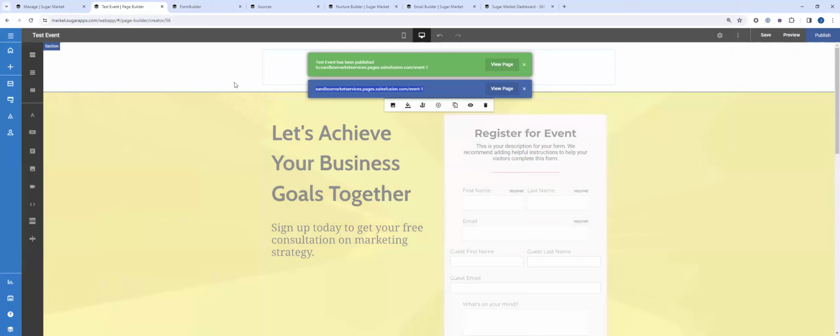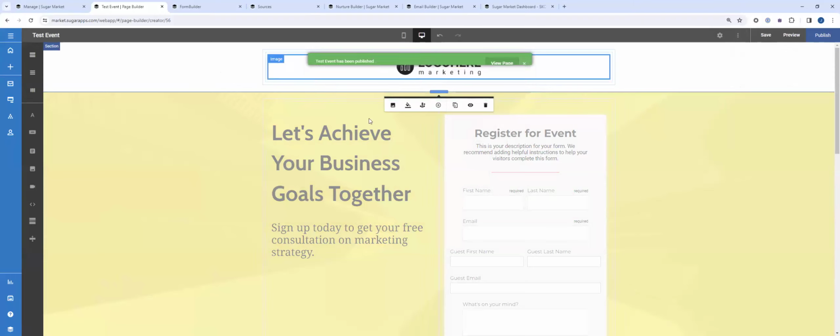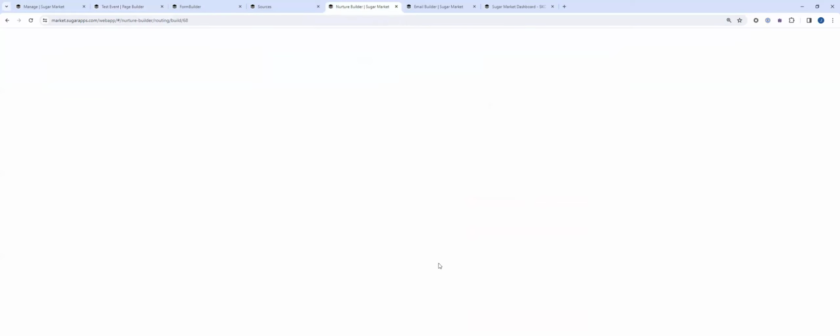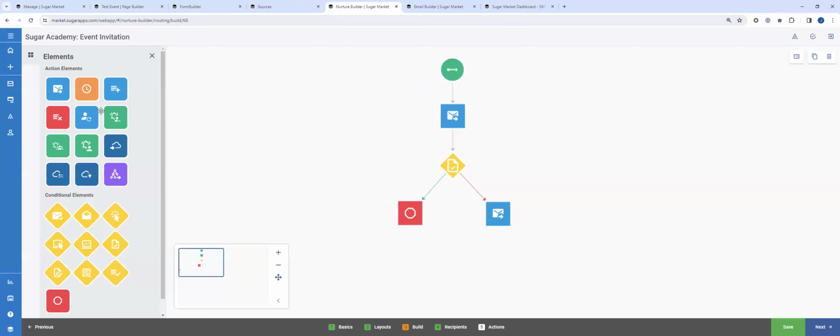Obviously you can send a single email as your event invitation, but what you can do in the system is set up a nurture sequence for your invitation. So we can take that URL we've just got for our page, go into our nurture builder, and build something that looks quite similar to this. We'd have that invitation email configured,